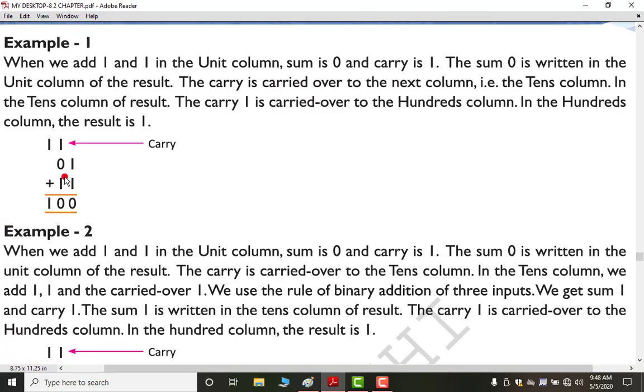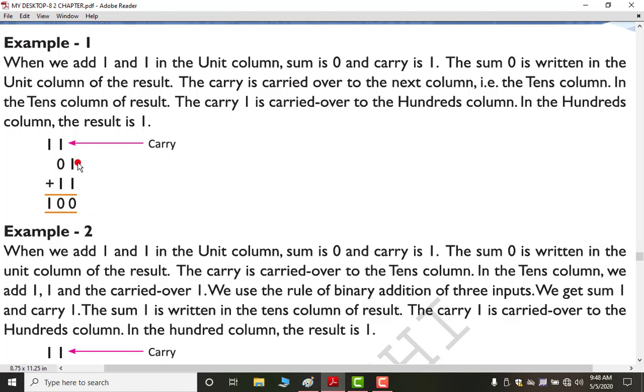Let's take the example. If you have to add this 0 and 1 with 1 1. So 1 plus 1, remainder 0 and carry 1. Now here you have to add this 0 and 1. Before that we have to add this carry. So 1 plus 0 will give you 1. Then that carry 1 plus this 1 will give you 0 and again carry 1. So here we don't have any other number, so we will move this 1 to here only.